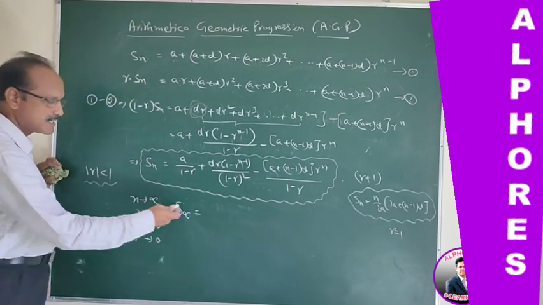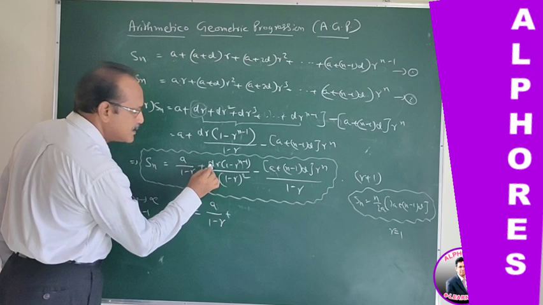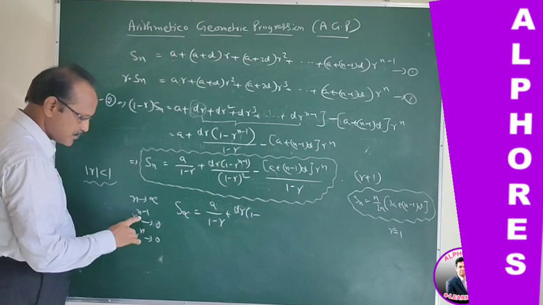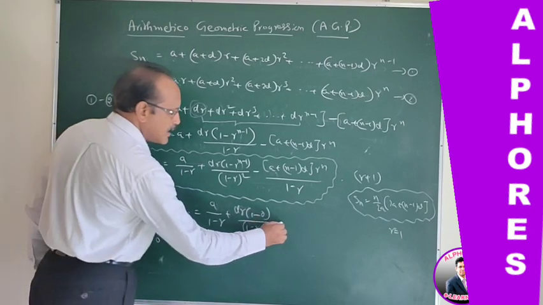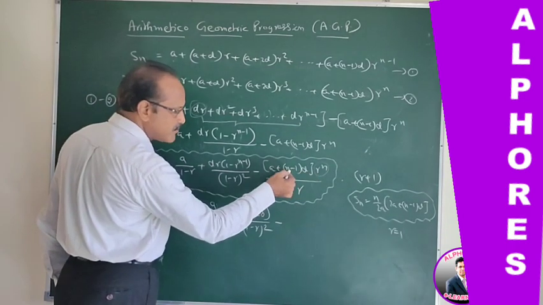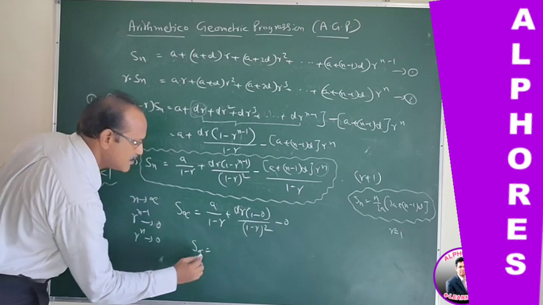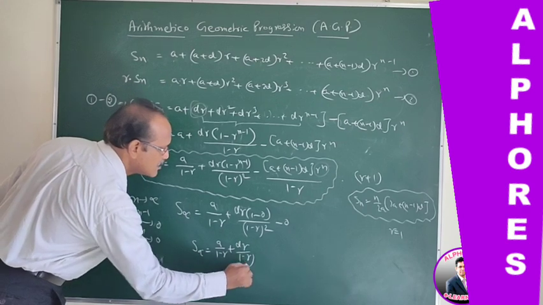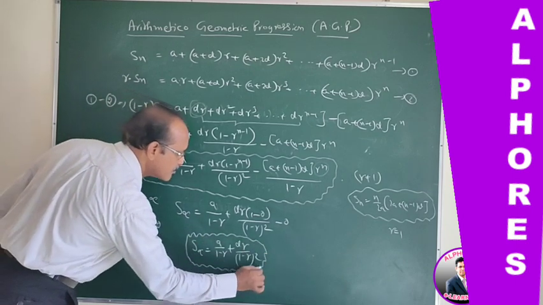Now applying these cases for finding the sum to infinite terms of AGP series, that is S infinite is equal to, the standard result, a by 1 minus r plus d into r into 1 minus 0 by 1 minus r whole square, minus this entire term becomes 0. Why? Because r power n tends to 0. Therefore 0 into some finite term is 0. So finally sum to infinite terms is given by a by 1 minus r plus dr by 1 minus r whole square. Remember this formula, it is useful in calculating numerical problems.